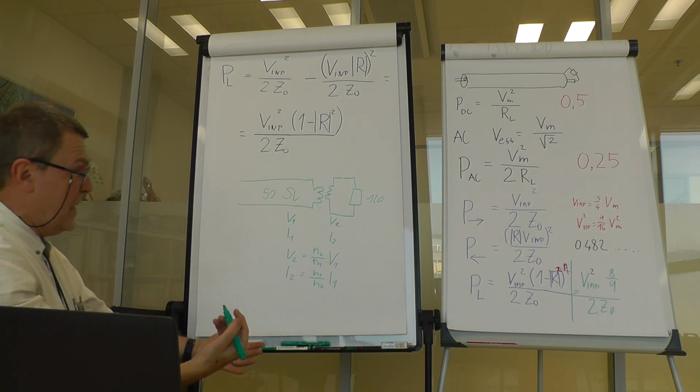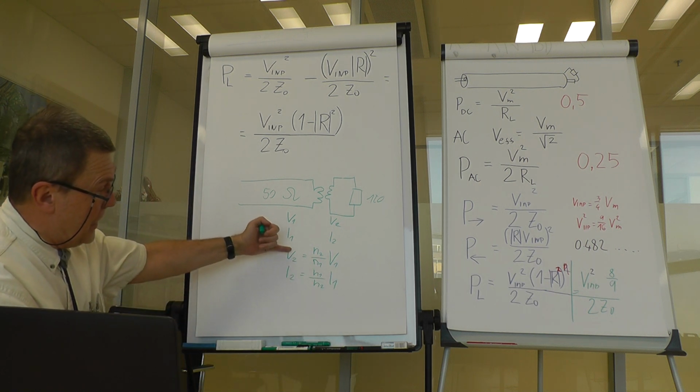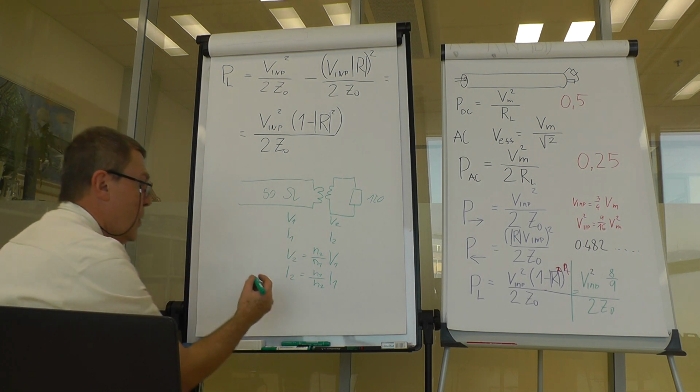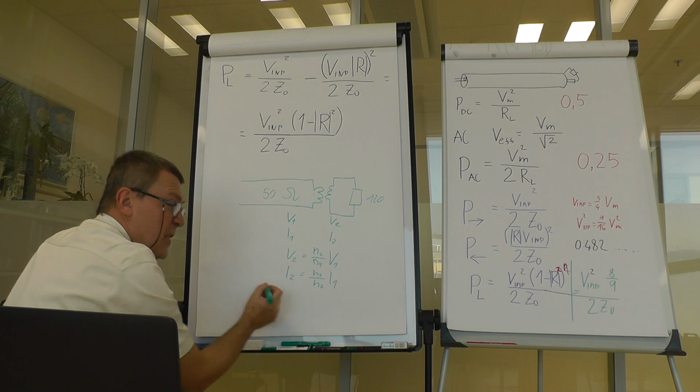The result then is that if you divide voltage and current on the primary side and secondary side, you would get a transformation of